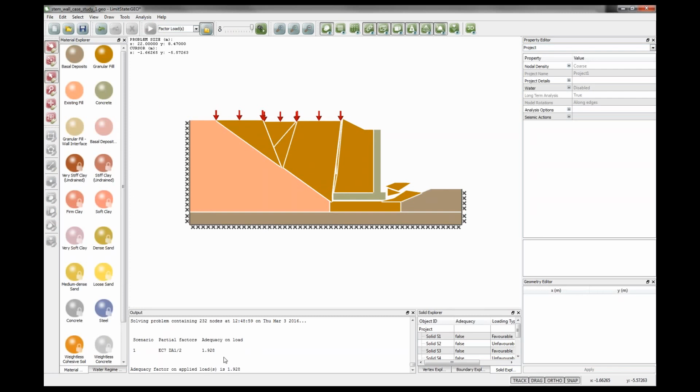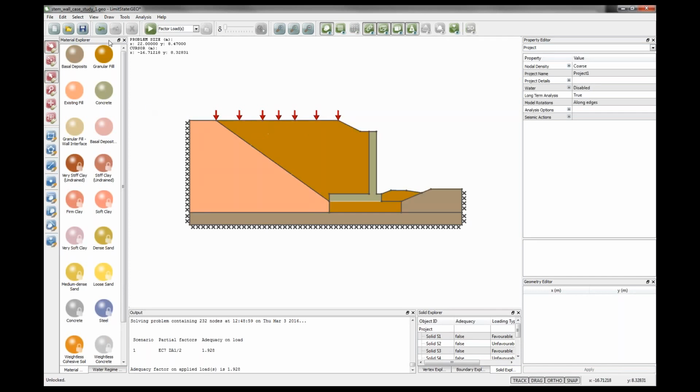And that's changed the mechanism, and we've gone from one previous answer of 1.48 to 1.9 in terms of load factor of safety on the load that's applied on the surface. So that also has an effect. So we can play around with the parameters to see. I'll just revert that. Last thing that might be of interest is, had we done that hand calculation with a